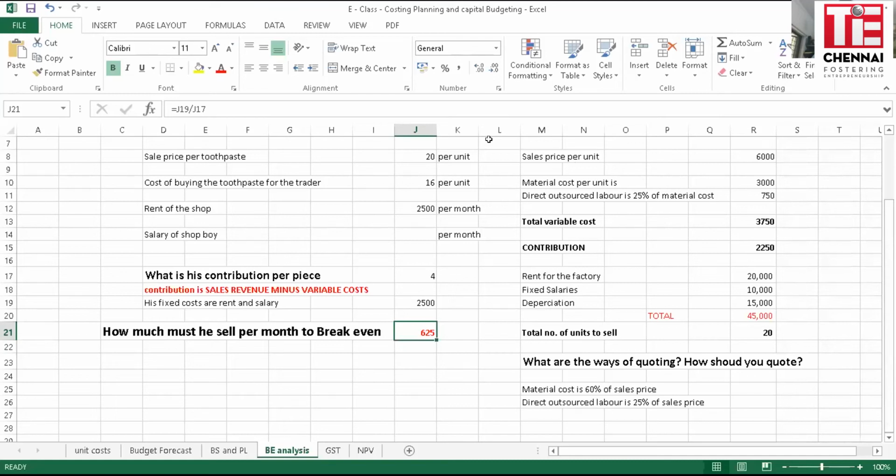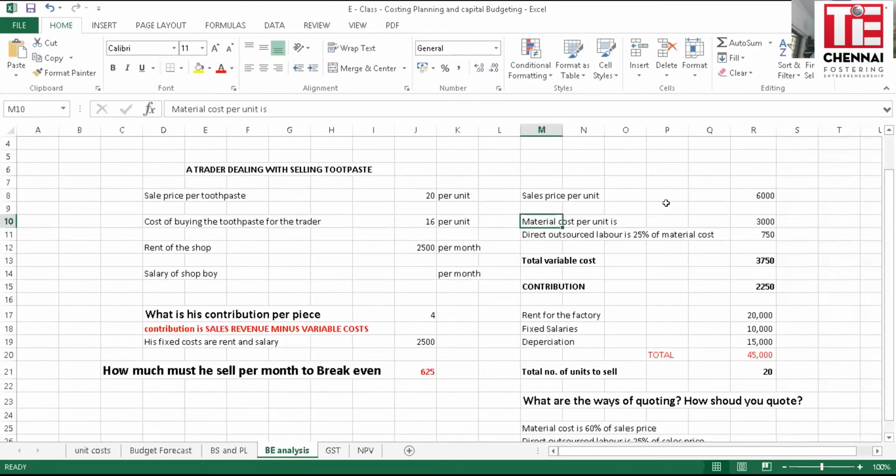Now, coming back, I've given you a very trivial example. We're running into 12:40, so I will be moving on to budgeting and planning. But before that, taking a simple case where if you're a manufacturing unit, you will tell me that the toothpaste is also simple here. So I'm taking a slightly more difficult one.